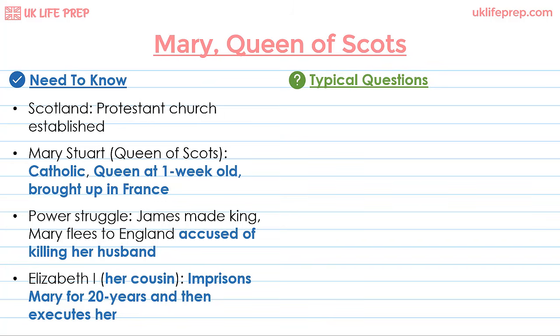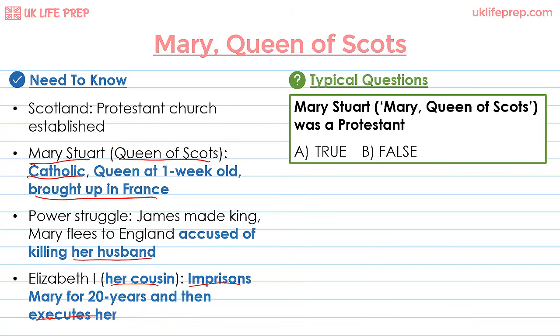Things I'd remember from this section would be the name of Mary, that she was a Catholic, where she spent most of her childhood, who she was accused of killing, that she was related to Elizabeth I, and that she was imprisoned and executed. Looking at some typical questions, the first question reads,